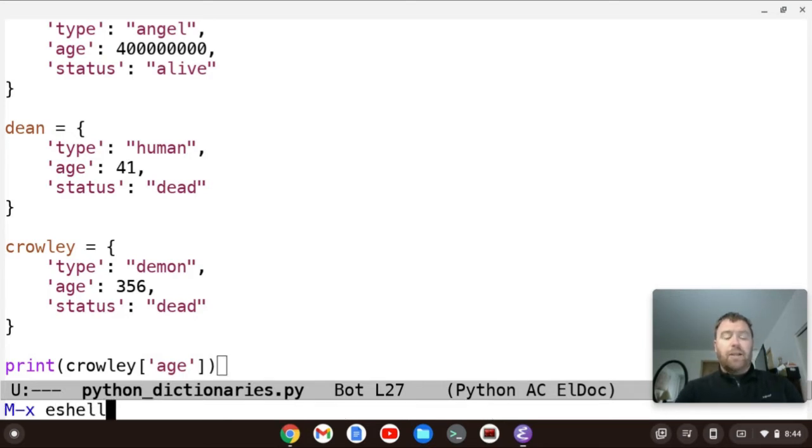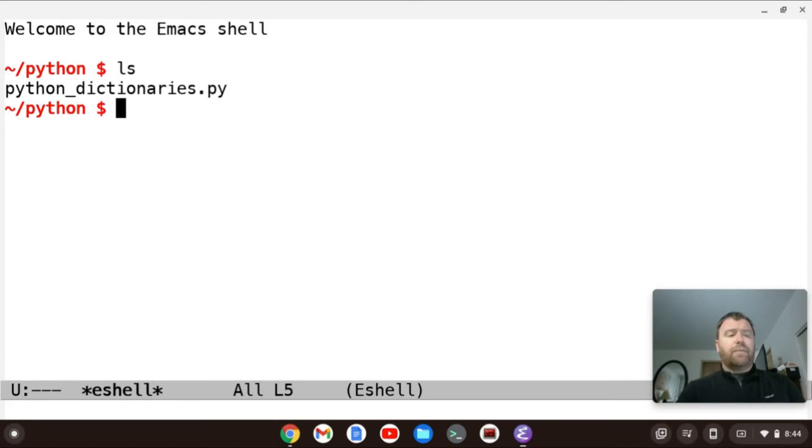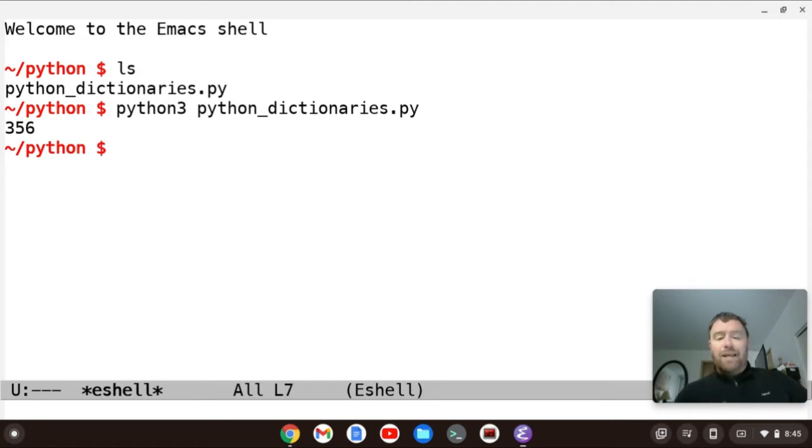I'm using Emacs. You can use whatever you want, but you should have access to a terminal. First off, I'm going to list the files, and you see that I created the file python_dictionaries.py. So I'm just going to type python3 and then hit tab to autocomplete that. I'll run it, and you'll see it prints out 356.